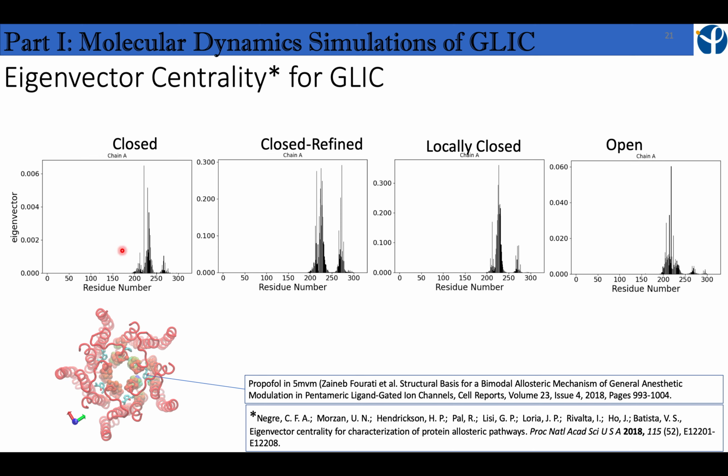When we do that, interestingly, no matter which conformational state it is in, we find some influential residues that are almost at the same locations in all chains. And again, this is important, I think, because the conformational state does not change the importance of influential residues, and they are more or less in the same place in different chains also. So what are these chains? I projected these eigenvector centrality values